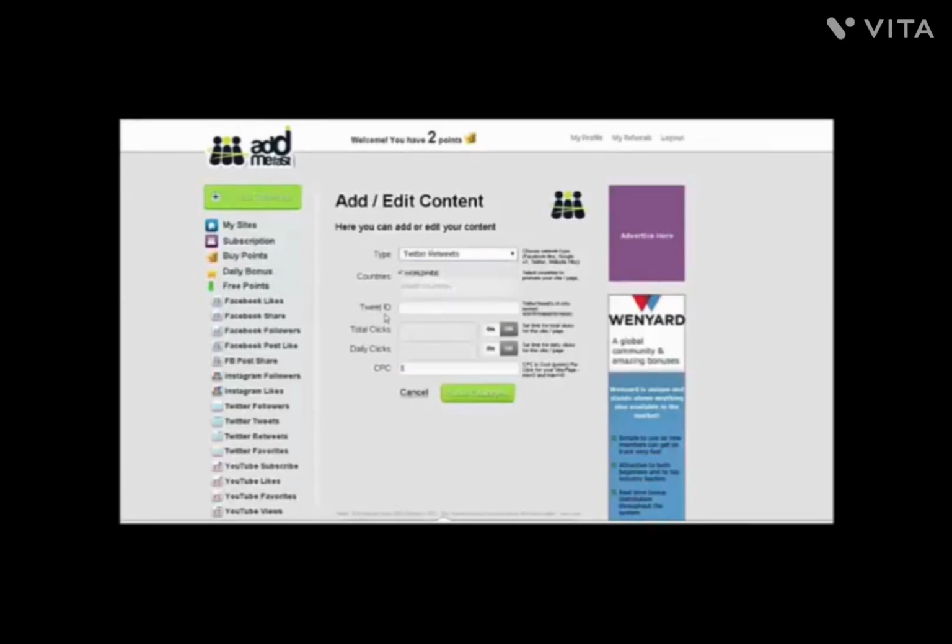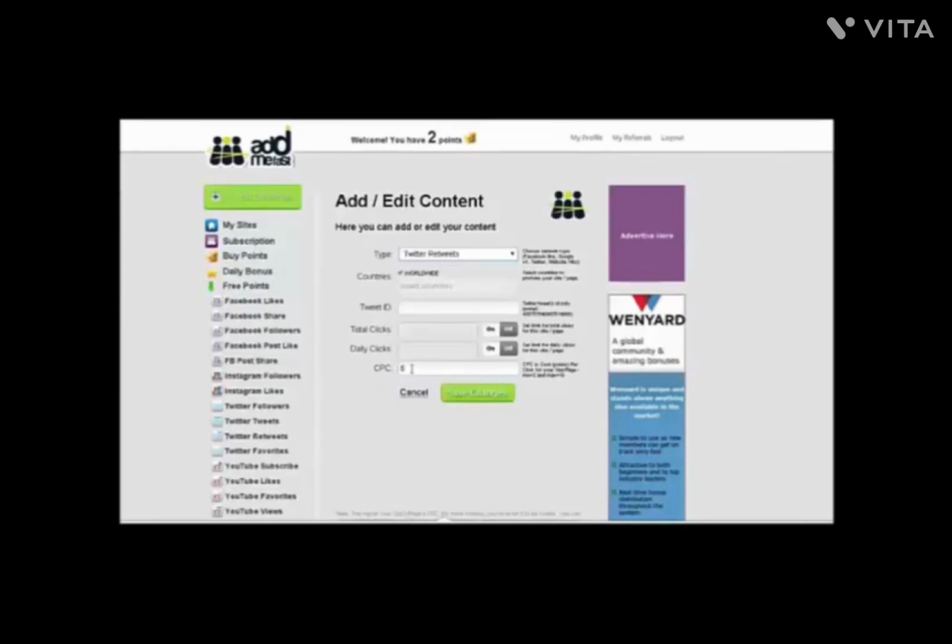And you're going to notice this tweet ID box that pops up, which I'll show you how to get. That's at the end of your Twitter tweet URL, and you're going to copy and paste that in here. And then you're going to see this CPC box, and that's the amount of points, which you can see up here. I don't even have enough for one right now, but the amount of points that you're willing to bid.